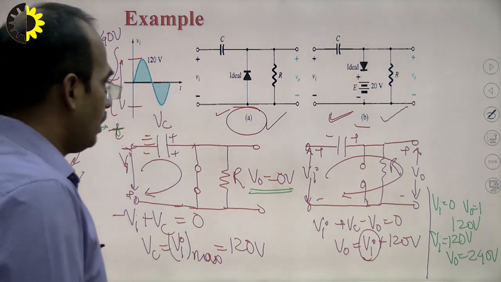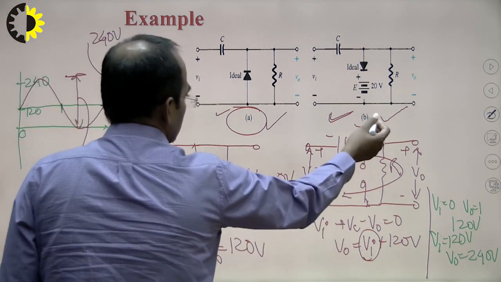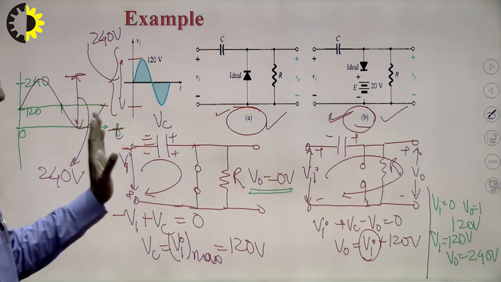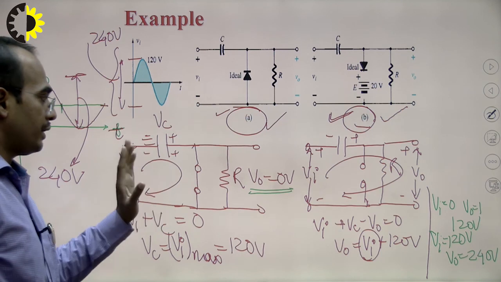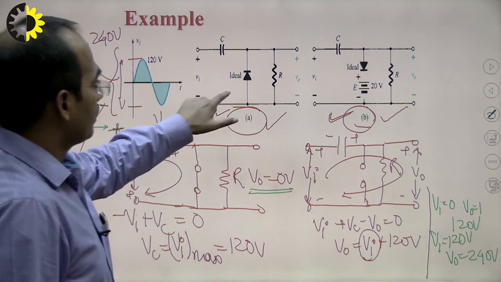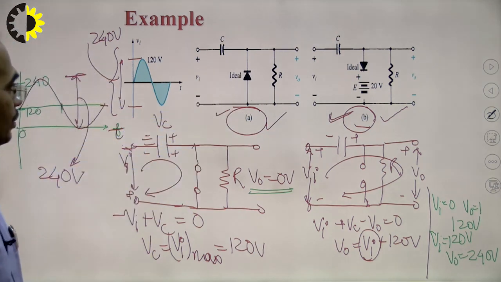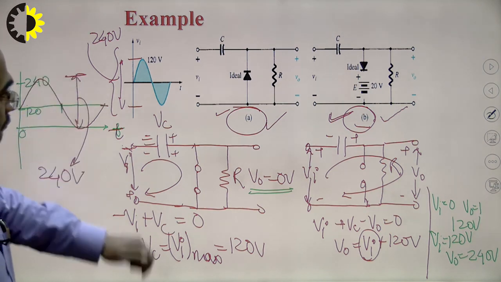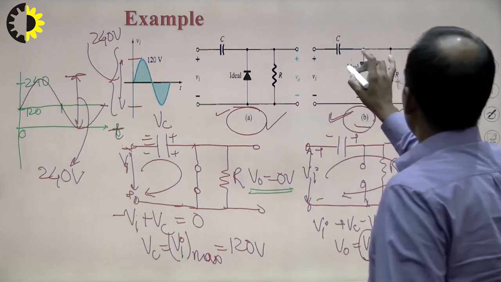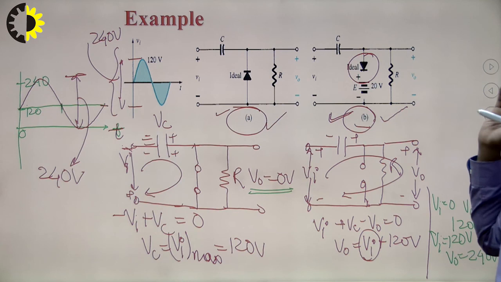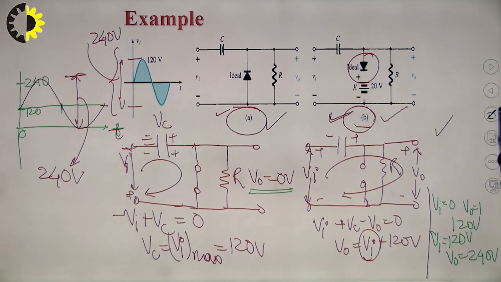Similarly, you can solve this problem by following the same procedure that I told you, and you can see that from this circuit here, the direction of the diode is in upward direction. So the circuit is shifting the input waveform in positive direction. Here the direction of the diode is in downward direction, so the output waveform will shift towards negative direction. This is all about the clamper. Thank you.